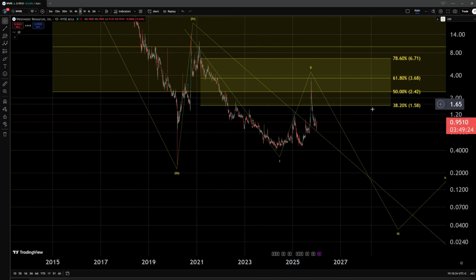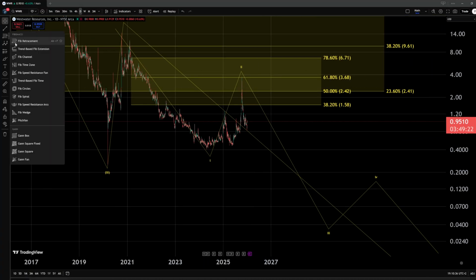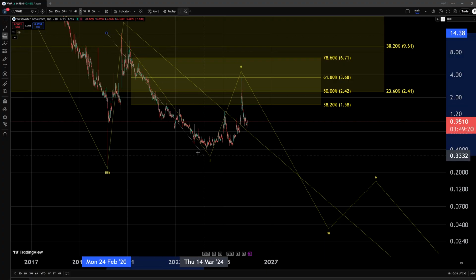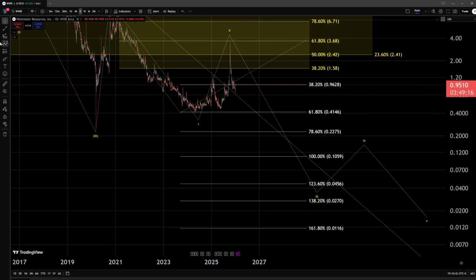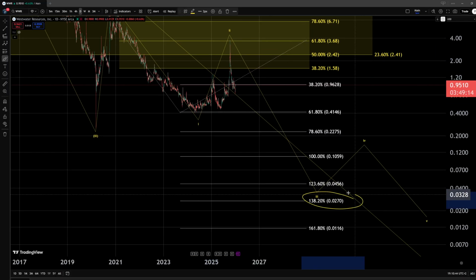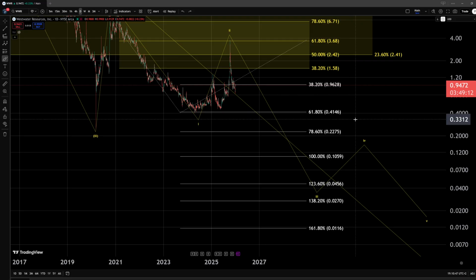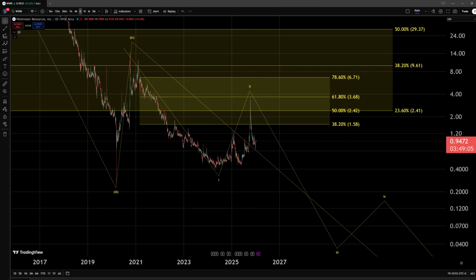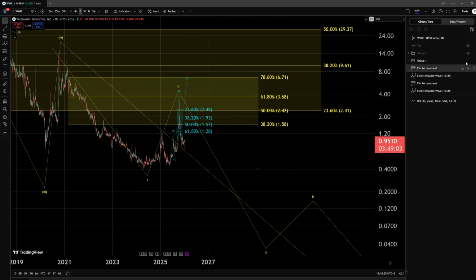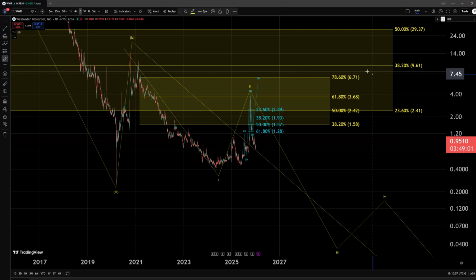Now, if this is indeed to build a third wave to the downside, we could even be looking for an ideal target, and that would be the 138.2% extension of the wave 1 around the 2.7 cent level. That is the ideal target for a wave 3, and this is expected to form overall a 5-wave move to the downside. And then we were looking for possible continuation higher, so a break above the 78.6% retracement